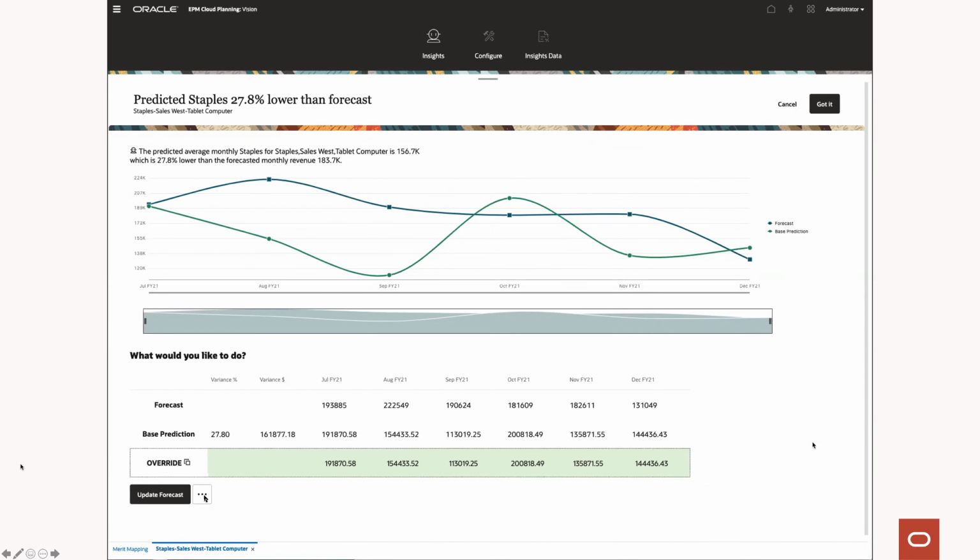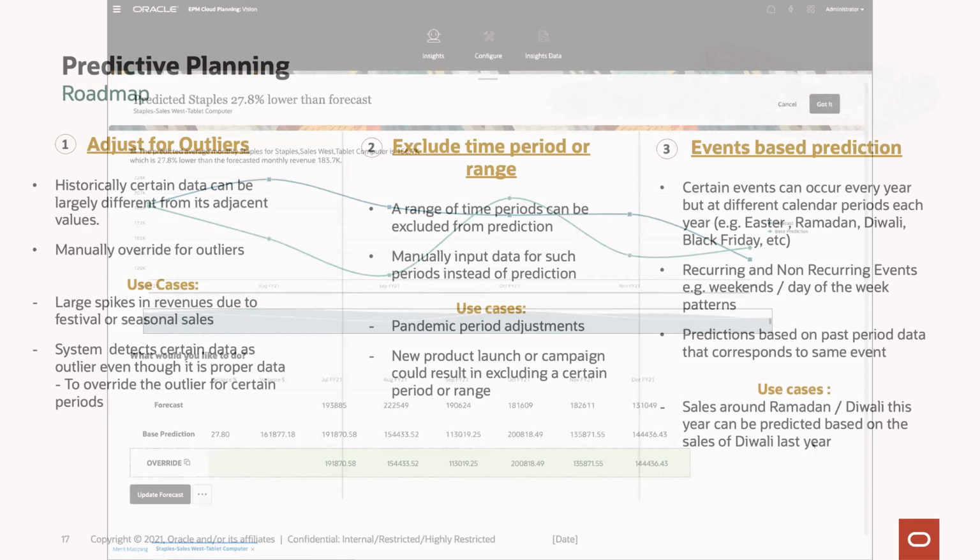And again, from the ellipse, we could actually make changes. We could open as ad hoc, and so forth. So really excited about this enhancement. Again, if you want to learn more about it, please attend our Cloud Customer Connect on Monday at 8 a.m. Pacific time. And again, go out to Oracle Cloud Customer Connect if you want to see that.